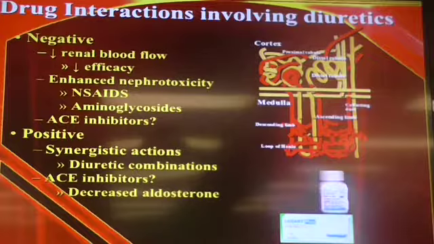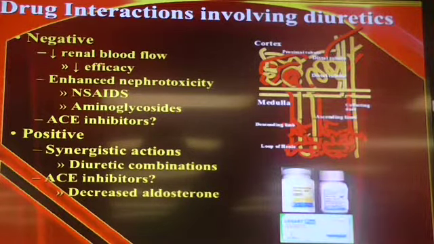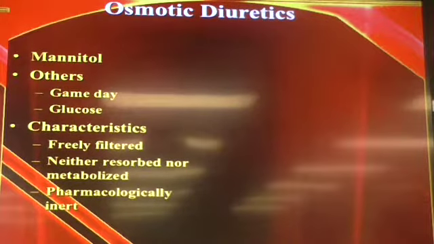And so when we get to ACE inhibitors, we'll talk about how we can use ACE inhibitors to slow the progression of renal disease. But we'll also have to be careful with ACE inhibitors because they can cause acute renal decompensation. So hold on to that question until we get there and see if we can make sense out of that. Okay, so those are the principles, some things that we have to be thinking about as we use diuretics, and